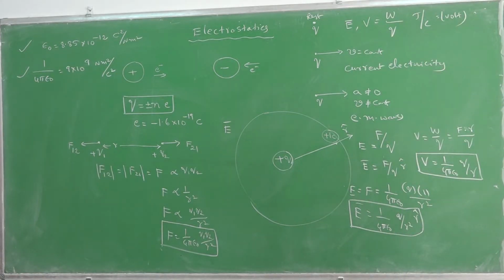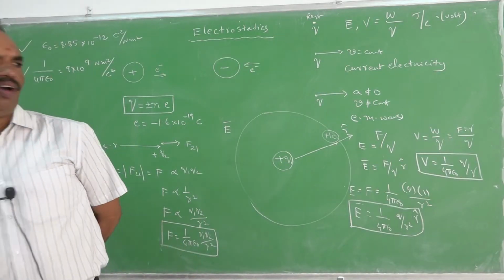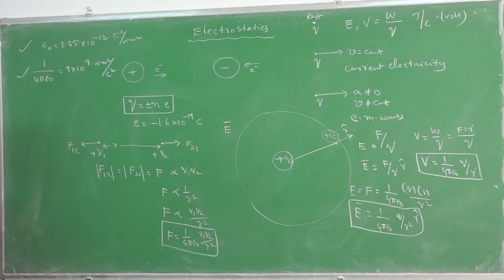The force between any two charges: like charges always repel each other. Why do like charges have to repel each other? You know that whenever there is a positive charge, lines of force will always diverge out. A line of force is the path traced by a unit test charge kept in the vicinity of it. If you take a negative charge, lines of force will converge into it.